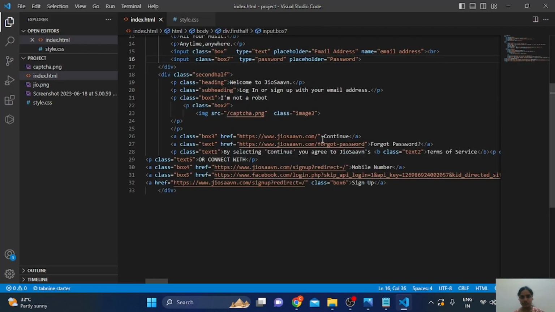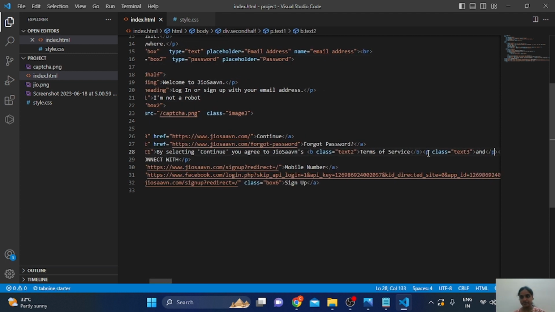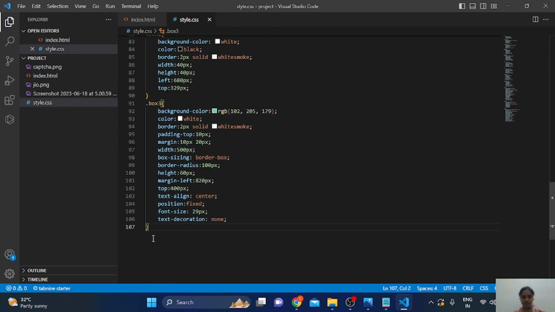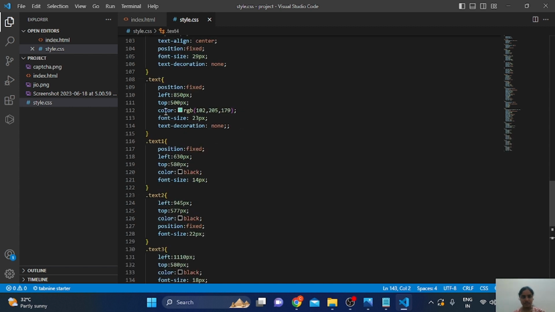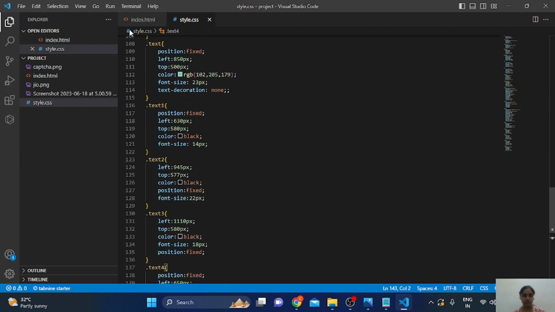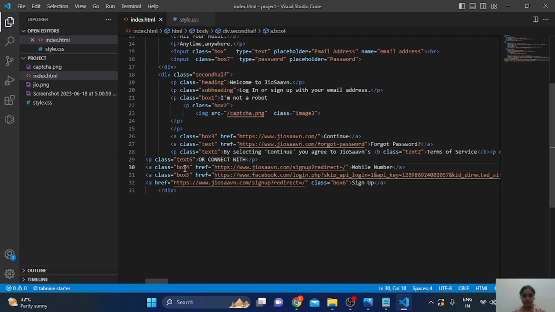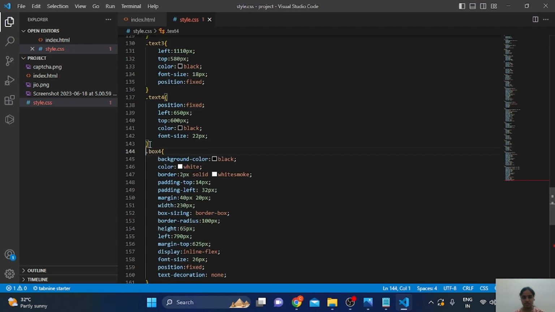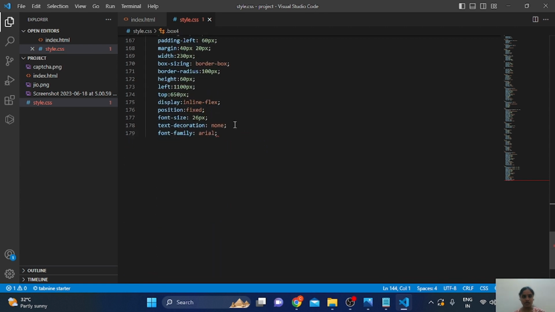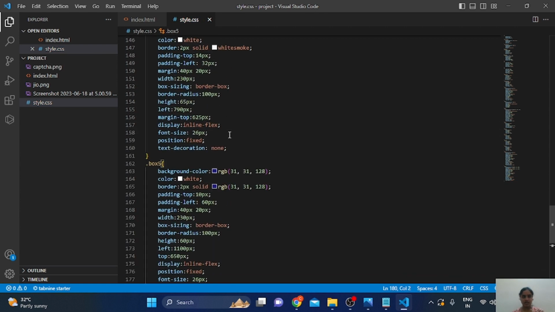here we have text 1, we have given class as text 1, text 2, text 3 and text 4. So for that classes I'm giving, for the text we have given position and color text 1 and same for text 2, text 3 and text 4. And next we have taken for box 4 and box 5, so that this boxes contains the text box modeling property, and same as